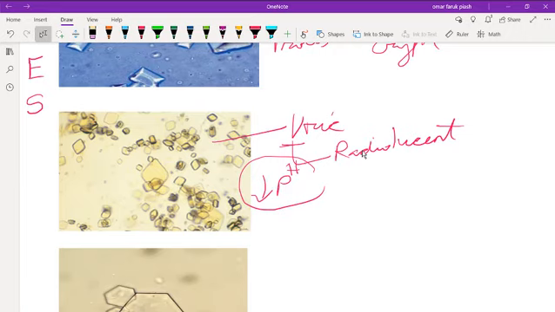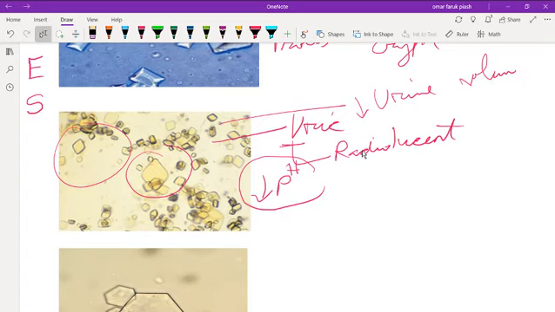Okay, in uric acid stone it is radiolucent, and this shape looks like rhomboid or rosette shape. The risk factor is decreased urine volume, usually in arid climate